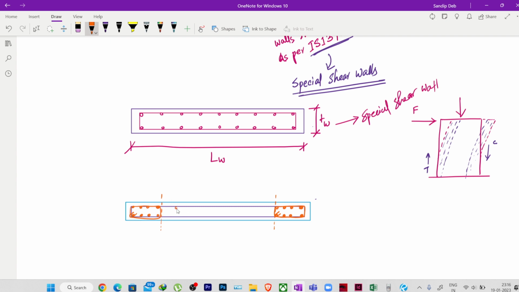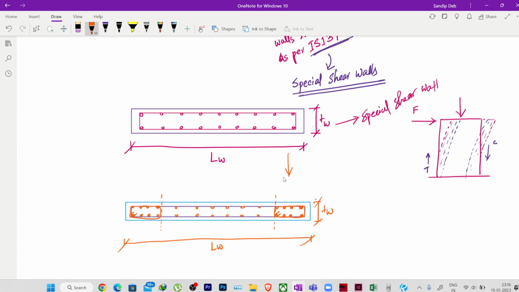Okay, and then we'll be providing reinforcement at the mid like this. So this is my thickness TW, fine, and this is my length LW. So what I did, it is the same shear wall,